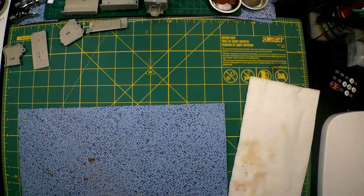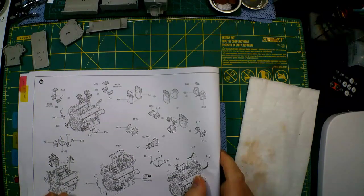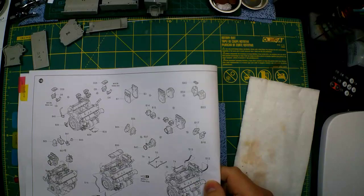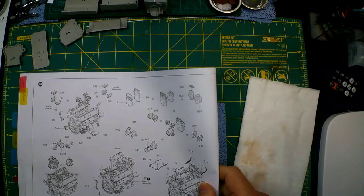And no, I have not come across a JagdTiger sprue yet. I'm going through them just as you guys are. So, that takes us through to the D sprue. Now we need to do the S and T sprue, which is what I believe is our vinyl rubber ABS